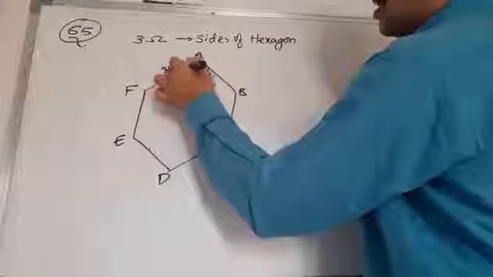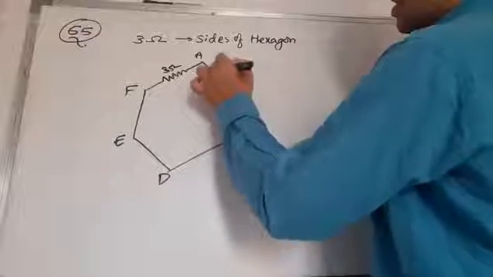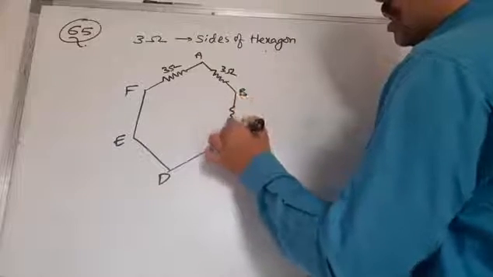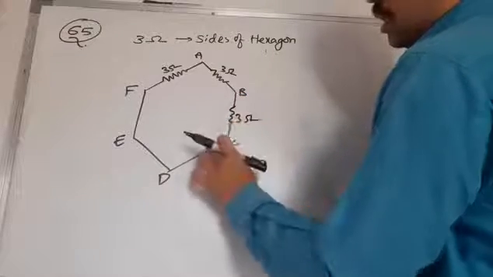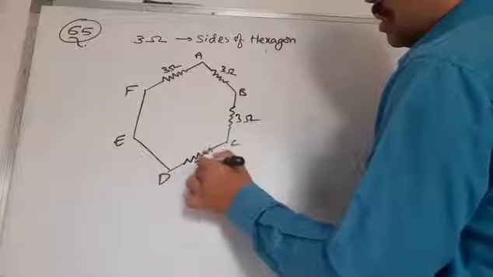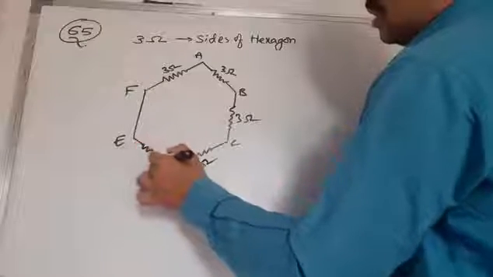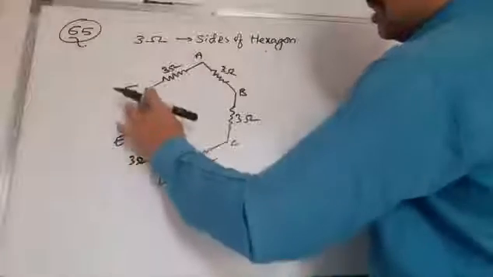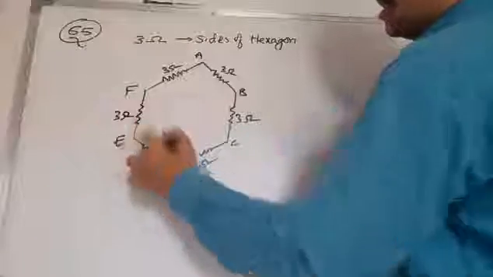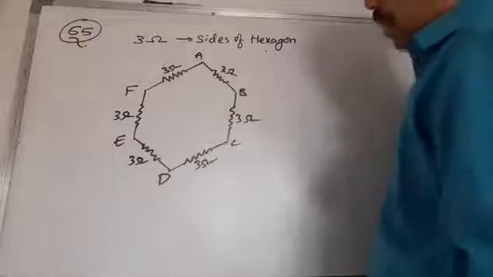This is 3 ohm resistance, and this is 3 ohm resistance, and this is 3 ohm resistance, and this is 3 ohm resistance. Like this, on all the sides of the hexagon there are 3 ohm resistances, and he has also given that there are